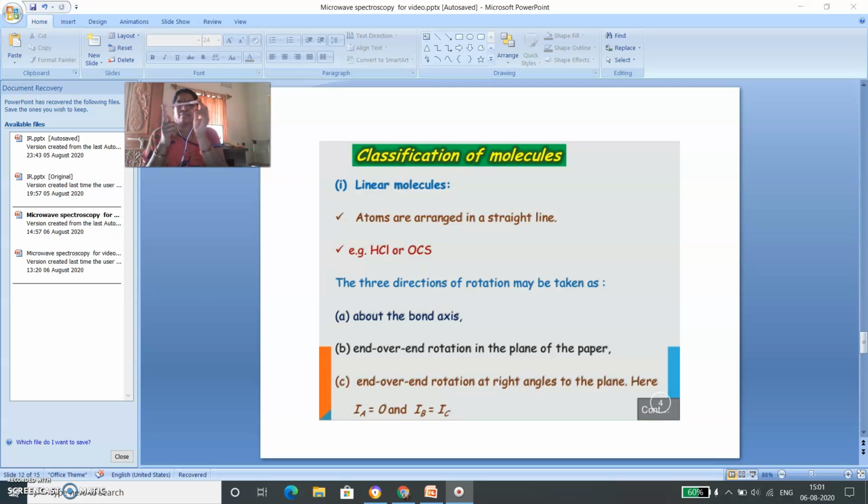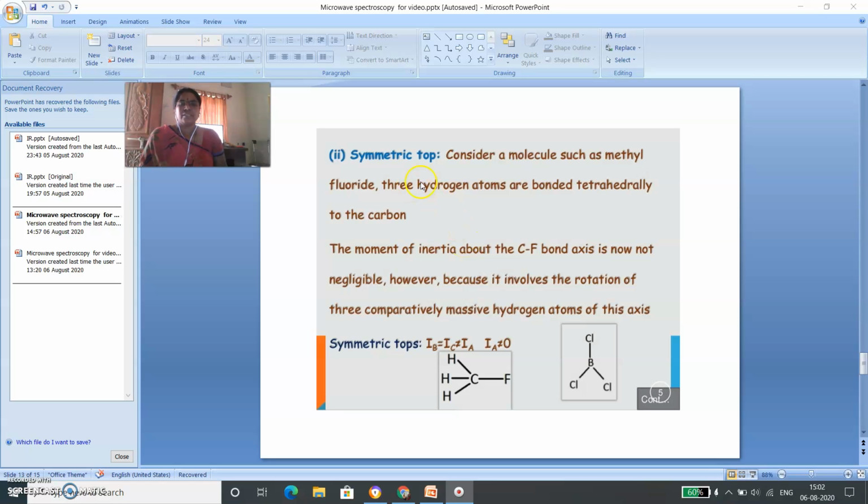So once again, this is first IA, IB in the plane, third perpendicular to the direction. Right? So here IA is equal to 0 and IB is equal to IC. Such molecules are linear. In case of symmetric top,